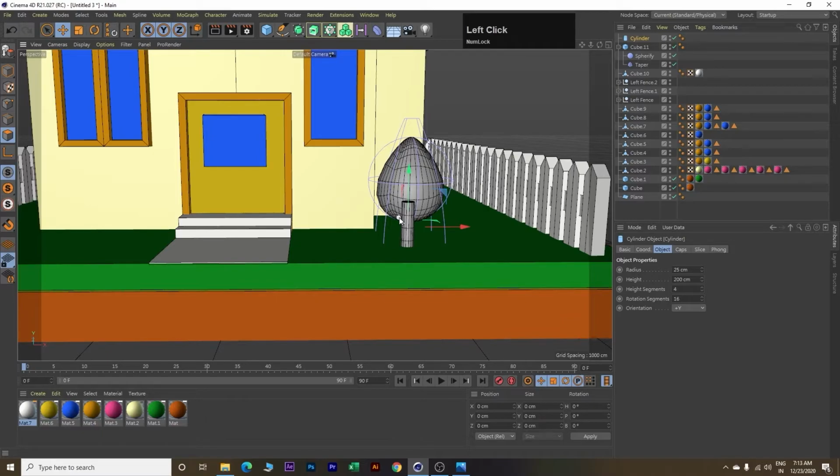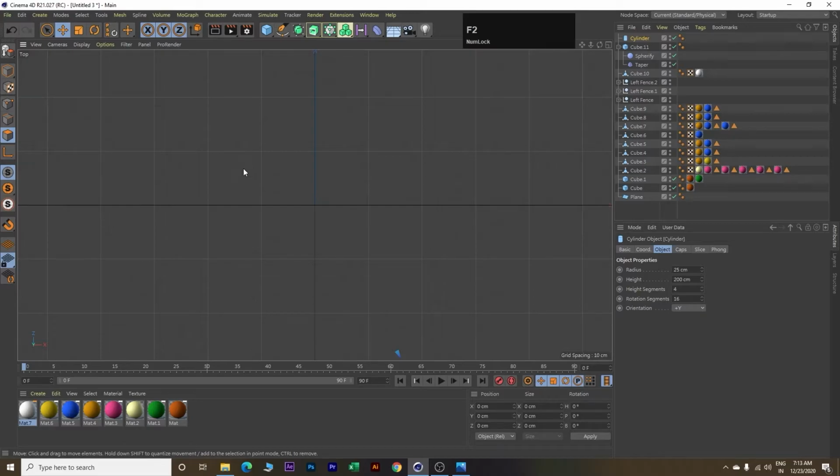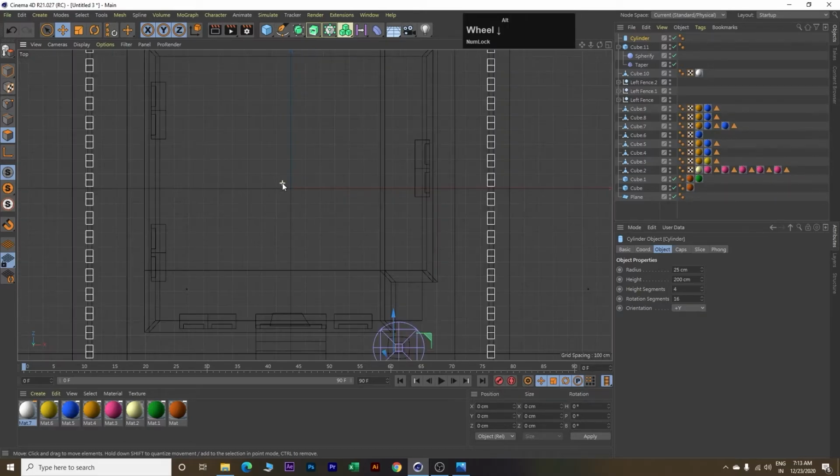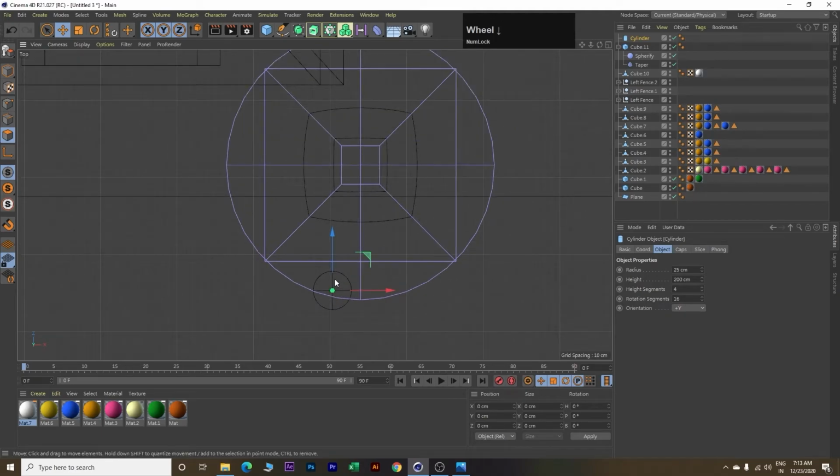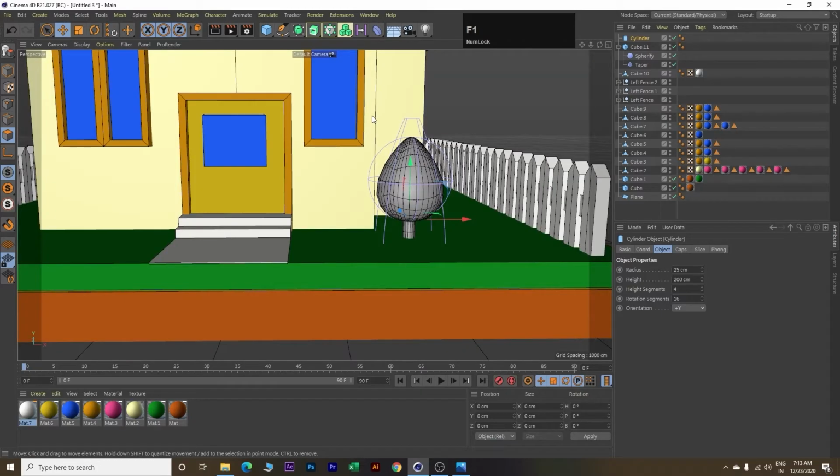And to make the right placement, click F2 on your keyboard to bring this top view, zoom out, zoom in, and here is our cylinder. So move it in the center of this tree. Next, click F1 and go back to perspective view, and here our cylinder is placed right in the center of this tree.